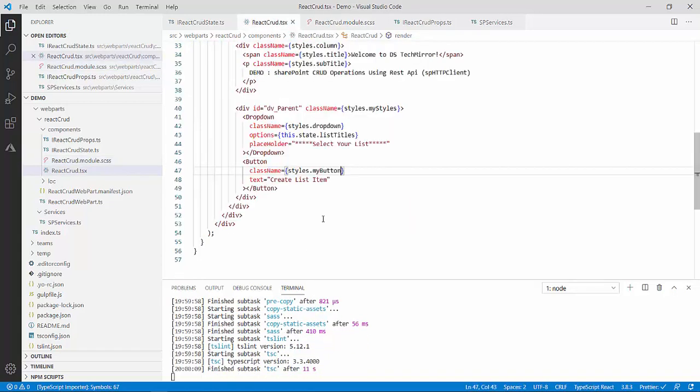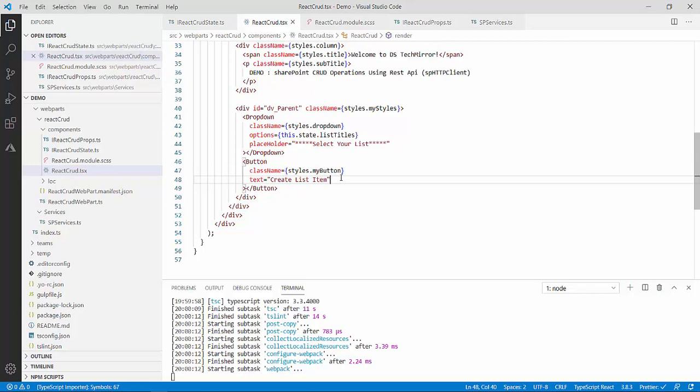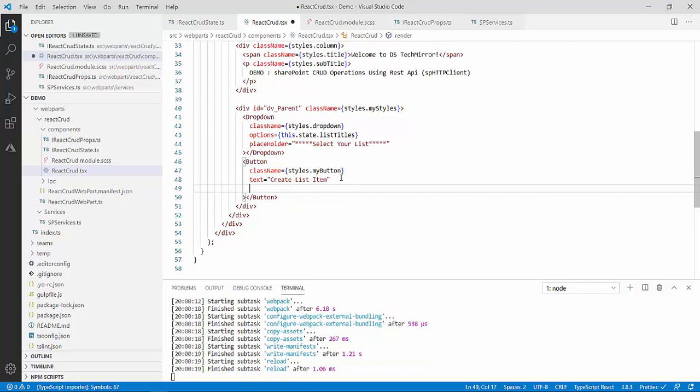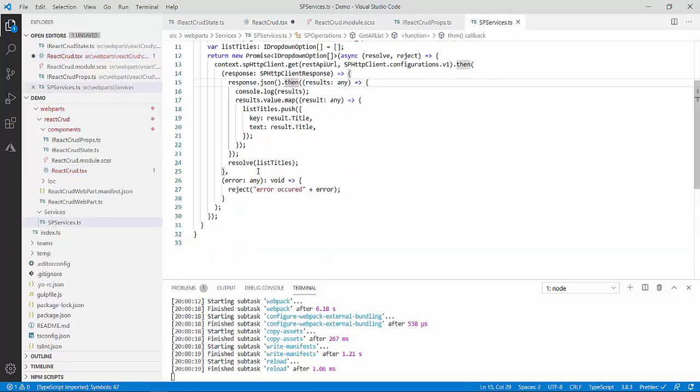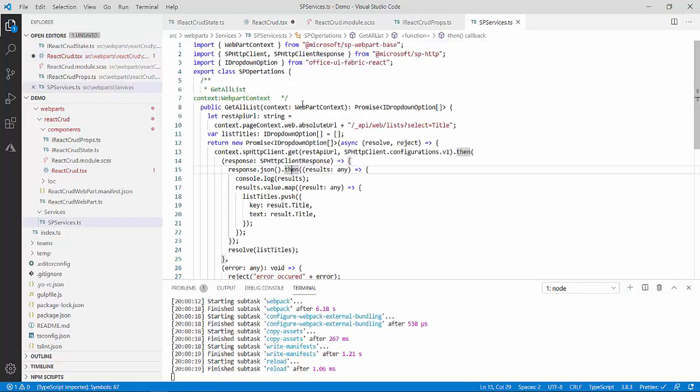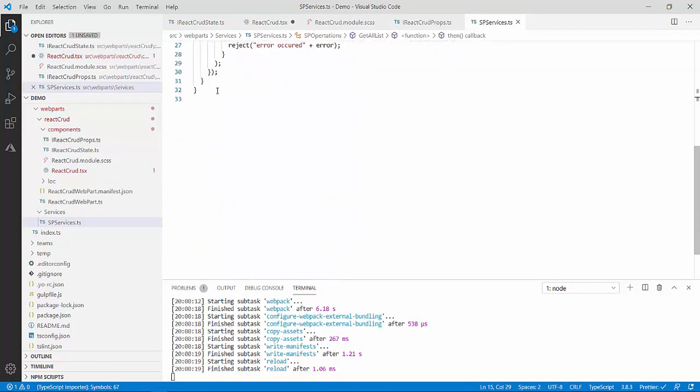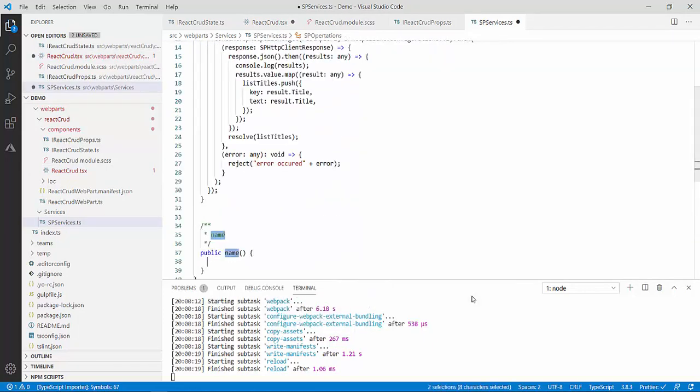So now, first of all, we'll complete that on click method because that is important, and then I will see other things. So guys, now I will write on click. To write on click over here, just press enter on click. So this is my on click. I told you equal to, and then this curly bracket. Now inside this I will call my method. I will write my method in my service file. So let's just write the structure of my method. Over here I will write public method create list item.